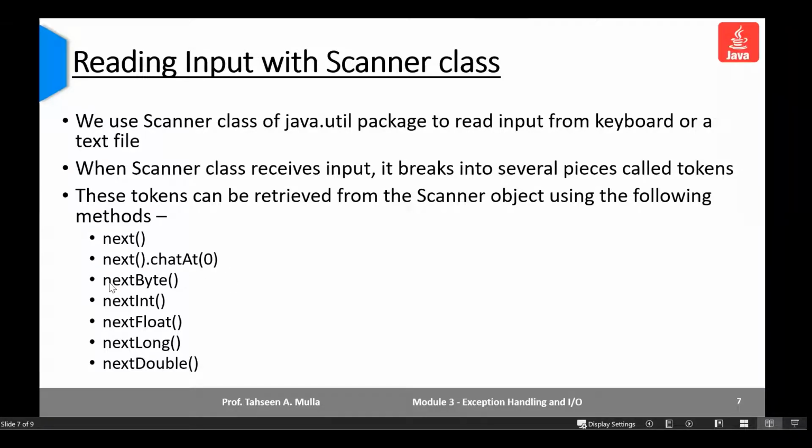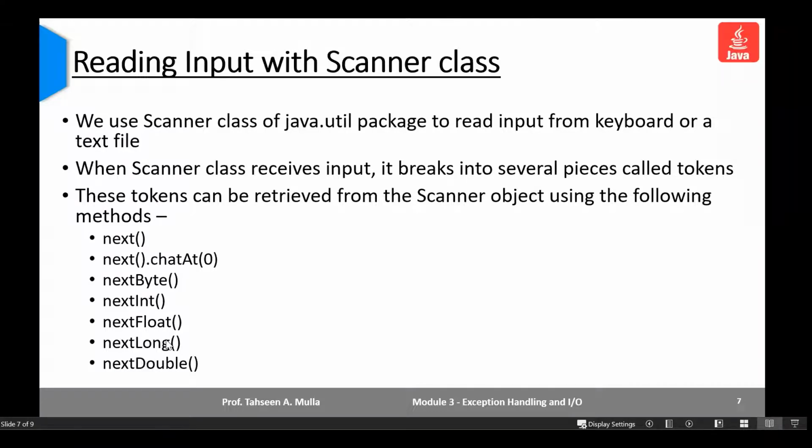Then we have nextByte, obviously reading a byte value. nextInt reads an integer value only. Similarly, to read a float value, a long value and a double value, you have nextFloat, nextLong and nextDouble. You can have these kinds of methods to retrieve your data from the scanner object.